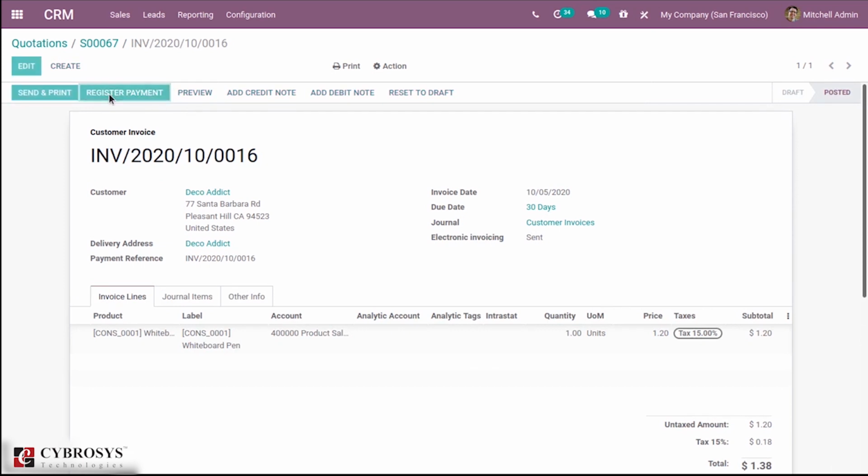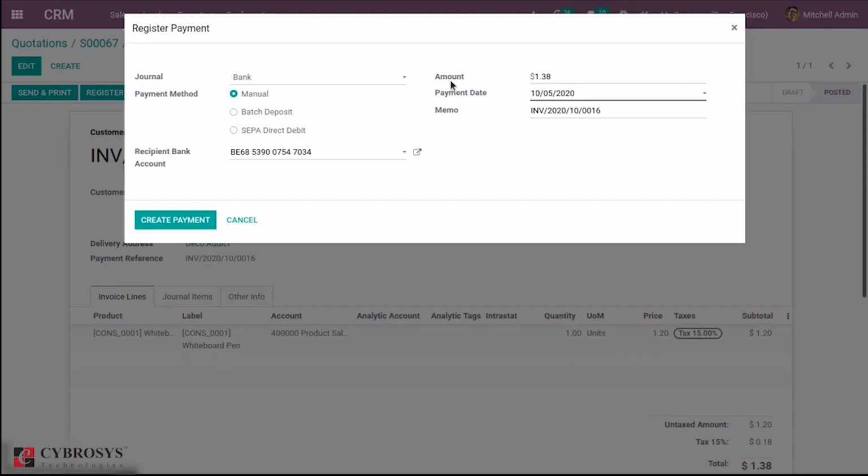So let's create the payment, register the payment. And you can see amount 1.38. For this amount, we are creating the payment.